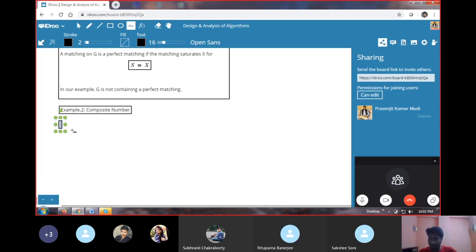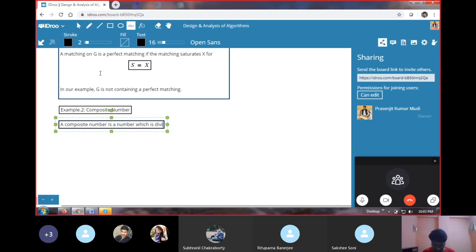Let's try to understand. A composite number is a number